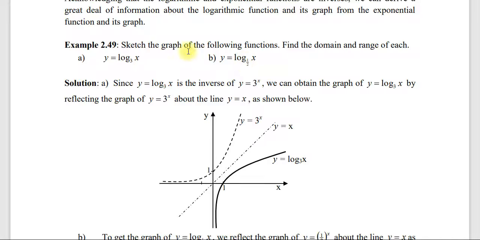So since y which is equal to log x in base 3 is the inverse of y which is equal to 3 to the power of x, we can obtain the graph of y which is equal to log x in base 3 by reflecting the graph of y which is equal to 3^x about the line y which is equal to x. በጣም ሲምፕል ነው አሰራሩ ግራፉ። አሁን ሎጋሪዝሚክ እና ኤክስፖኔንሻል ፋንክሽን ኢንቨርስ ናቸው።